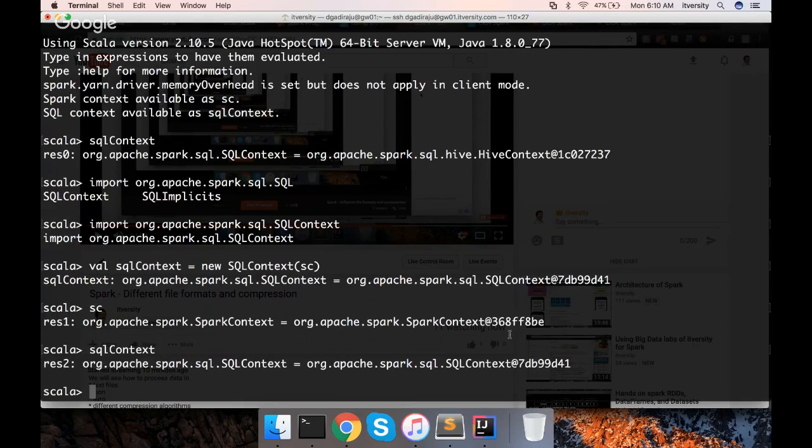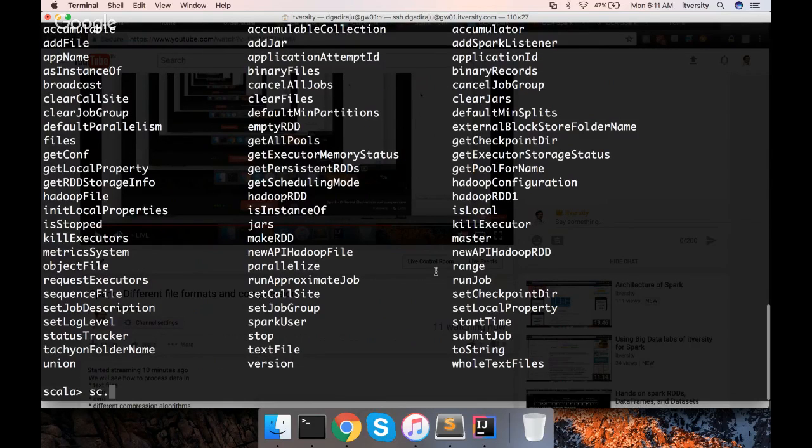Now, let us start with reading and writing text files that we have seen as part of the earlier videos. You can go back and watch the content. Anyway, I will try to revise here. So when you type SC and then dot and then hit tab, it will show all the APIs that are available for SC.